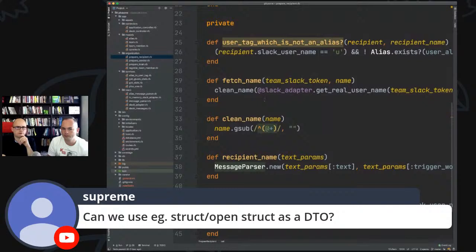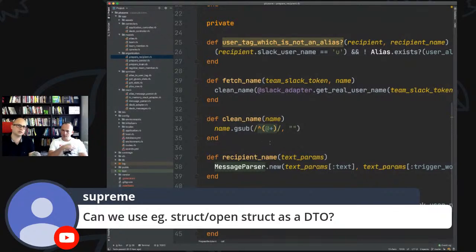Also, yeah, exactly, because here, for example, we clean the name, right? So what we get from the Slack adapter, we could probably do it in the Slack adapter itself. And exactly. That was the point where I was thinking that we are somehow mixing two concepts. We have the users on our side, our +1 users, and we have Slack users, like a remote representation of our users, right?